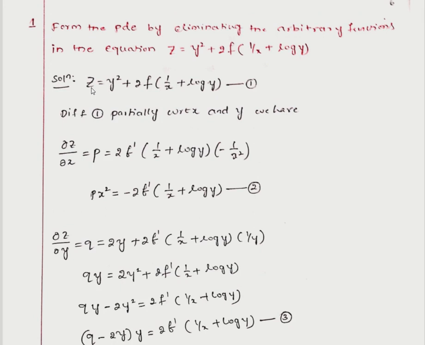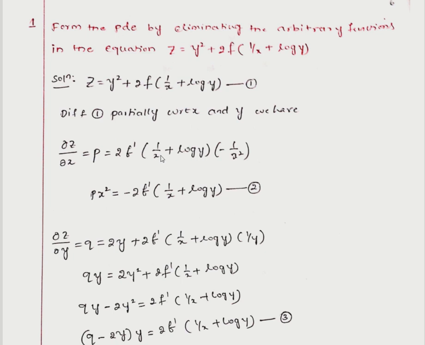What is the differentiation of z partially with respect to x? Dou z by dou x, that is p. P is equal to: here, with respect to x, y square is a constant. The differential of a constant is 0. So 0 plus 2 into, what is the differentiation of the function f of 1 by x plus log y? That is f dash of 1 by x plus log y into, by using the chain rule,